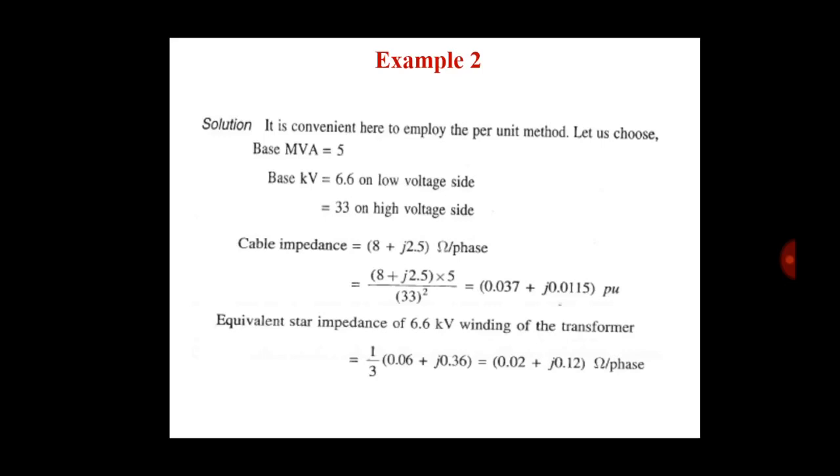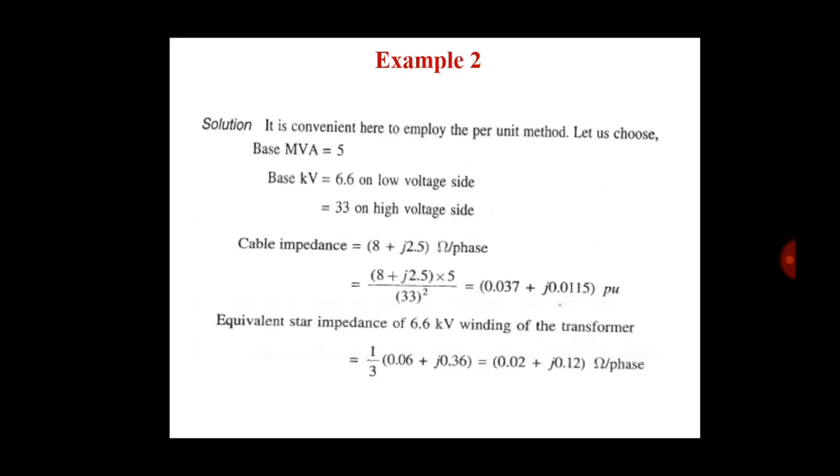Now the cable impedance given is R plus JX, which is 8 plus J 2.5 ohm per phase. The per unit cable impedance is 8 plus J 2.5 into 5, that is the actual value of impedance into base MVA divided by base kV square. That means the cable impedance is equal to 0.037 plus J